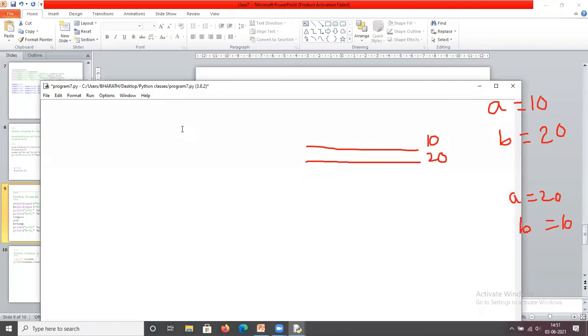We are taking two variables A, B in two lines. So A equals, B equals, and input, enter first number. Similarly for B also, input enter second number.